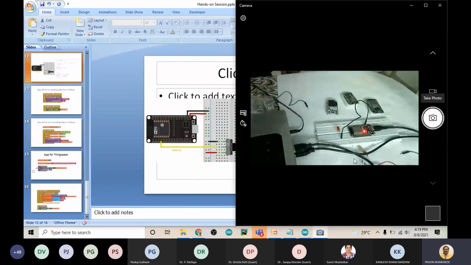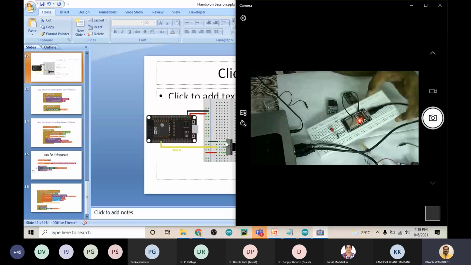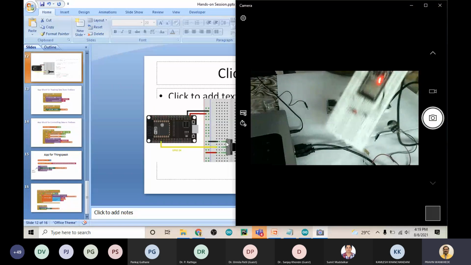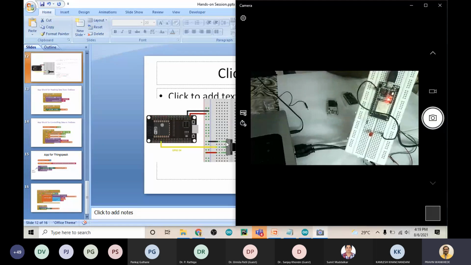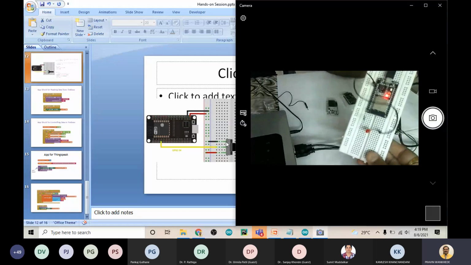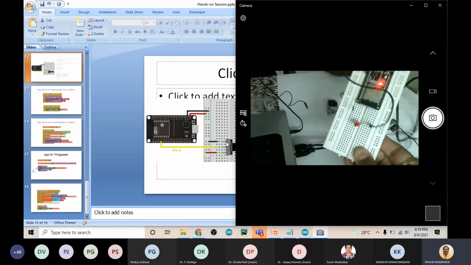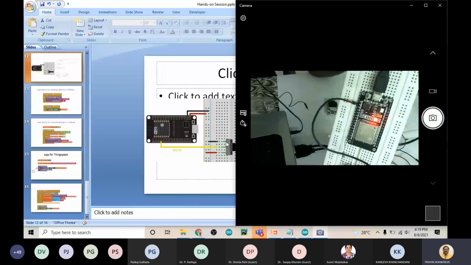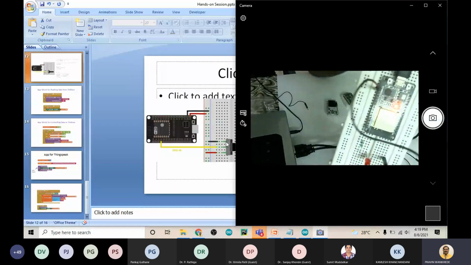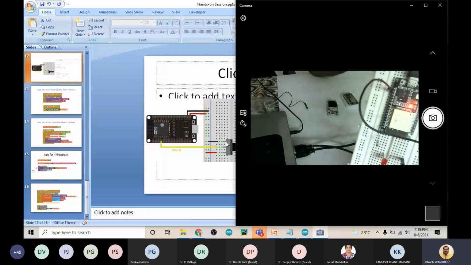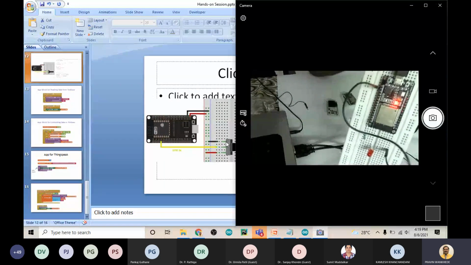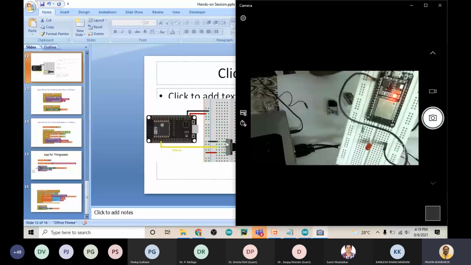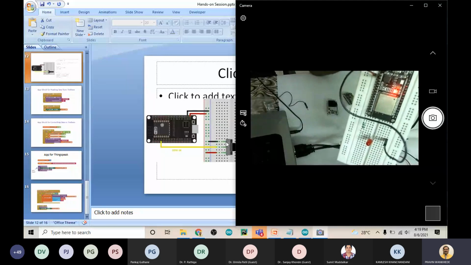So you can see here, I hope this is visible to you. Here, this is the development board that I have connected on a breadboard. This is the ESP32 development board. I have connected one LED, and I have kept the analog pin open. So we'll get random values, so don't worry about that. You can connect any sensor, or we'll get the random values.